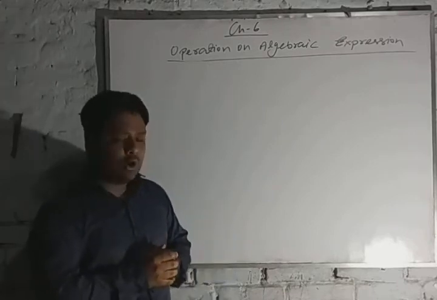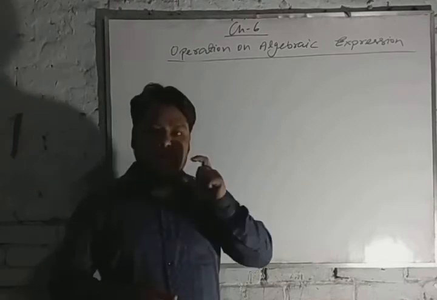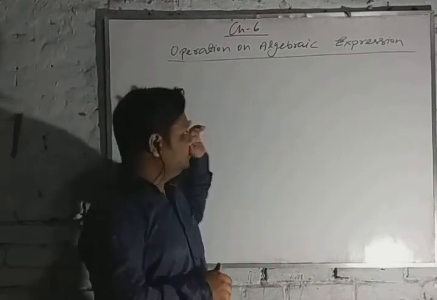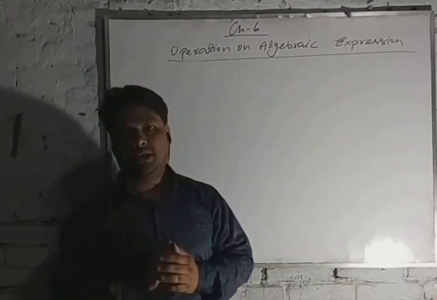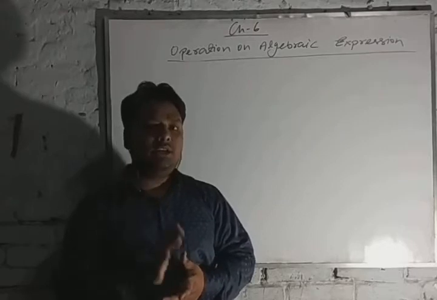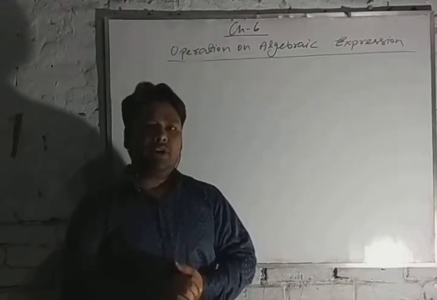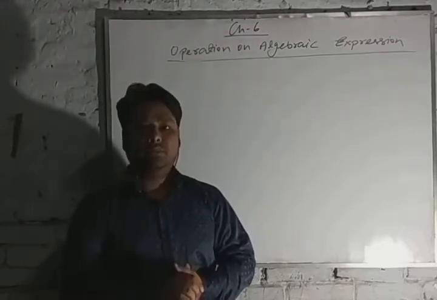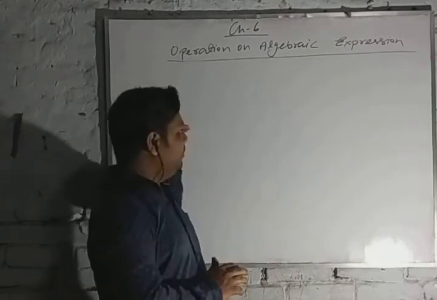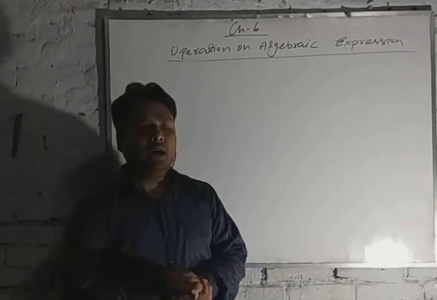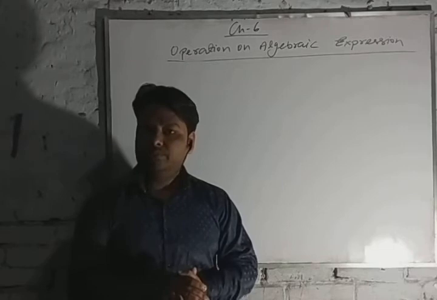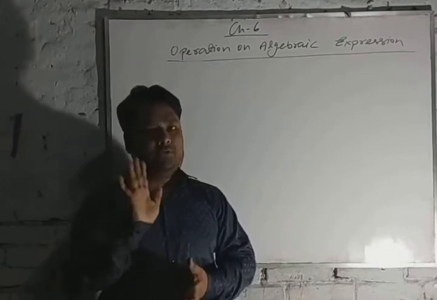Now the next point is exponent. You have to see whether each term of the algebraic expression is in descending order of exponent or not. If it is not in descending order of exponent, then at first you will change it, at first you will arrange it, so that all the terms of the expression are in descending order. Okay? So you have to be careful about this.